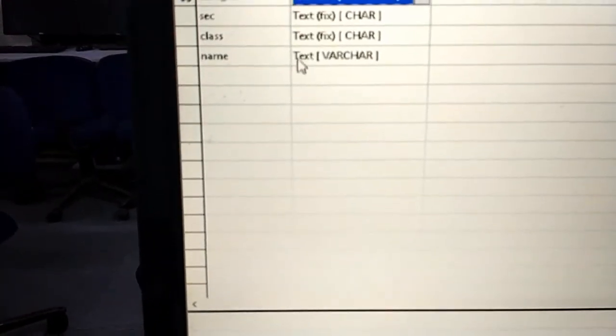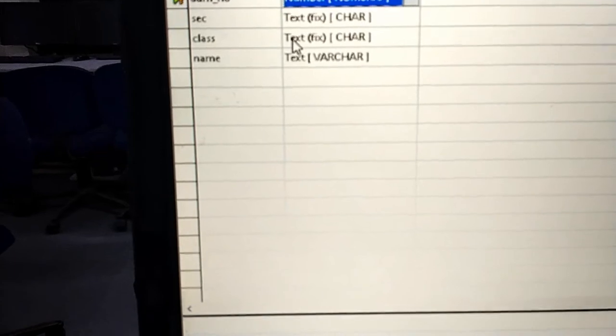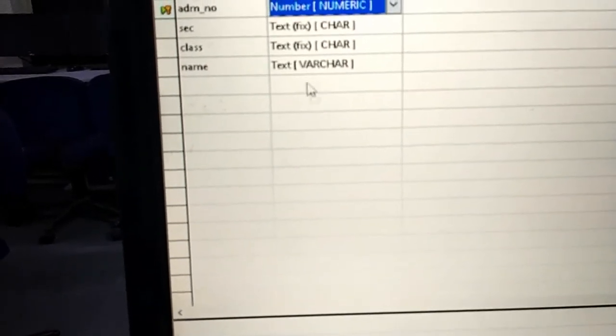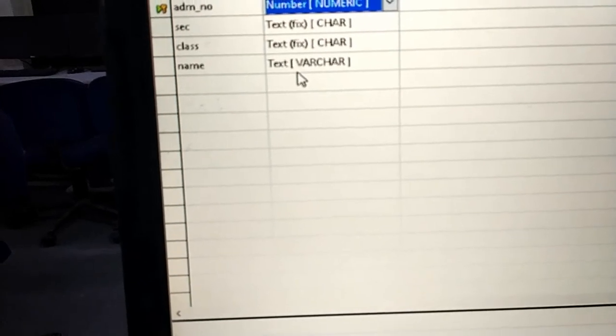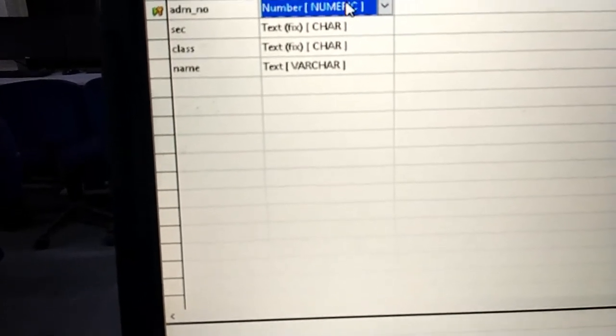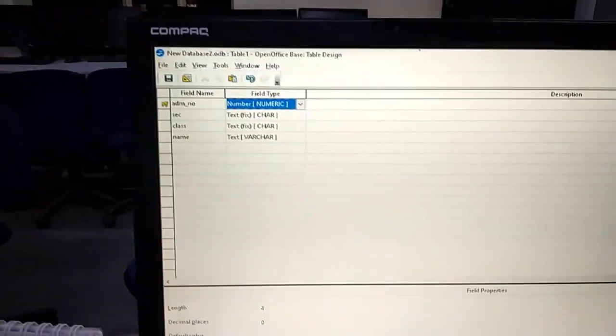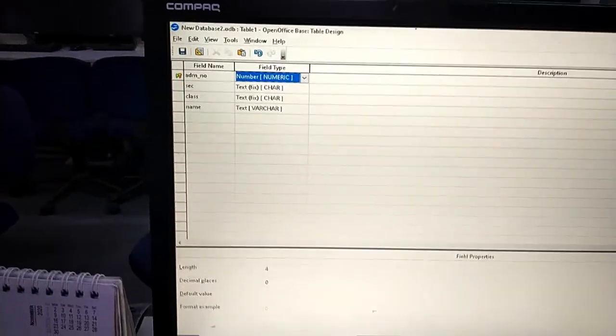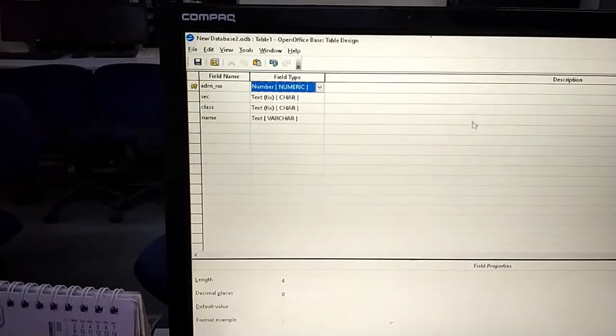Okay, to all, I hope this video will help you to understand how to create a table in the design view. And in the previous video, I already showed you how to create a table with the wizard. So two methods you have seen for how to create a table. Thank you all. Kindly go through this video again and again, and try to do the same steps on your computer to learn these steps.